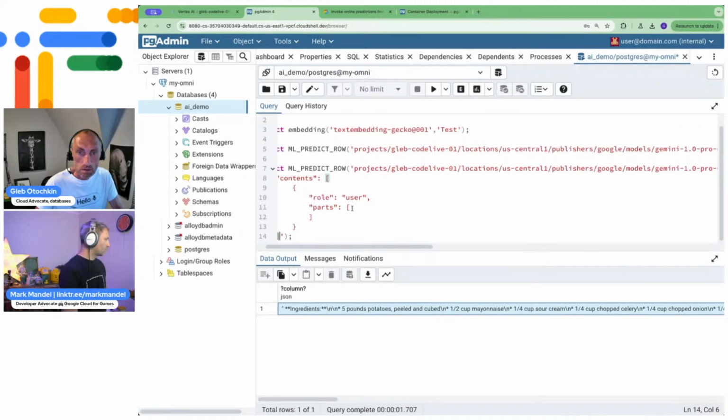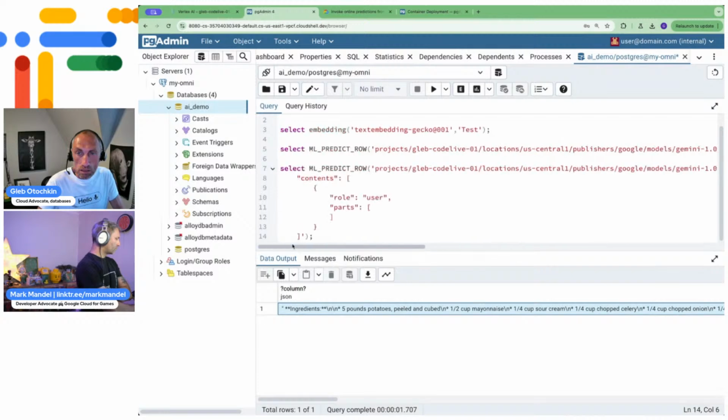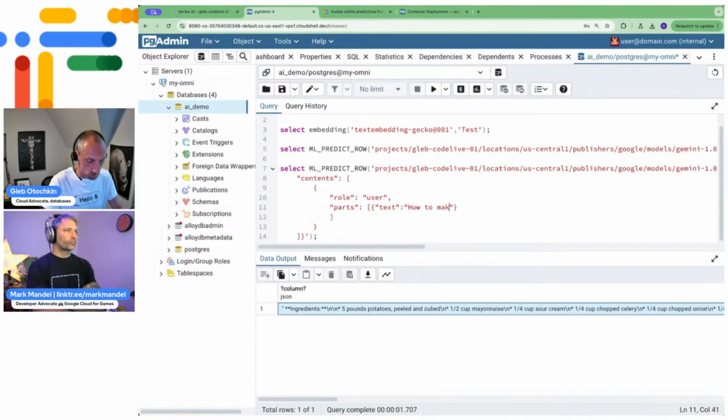Contents, role user, parts, I think, right, and we need to close it as well, I believe. And parts, text. And how to make a proper for